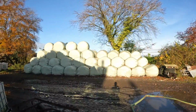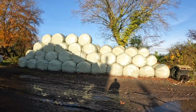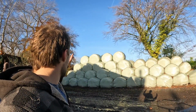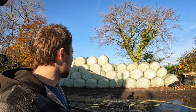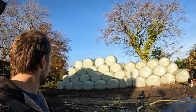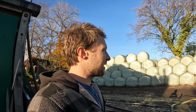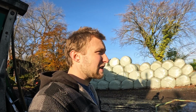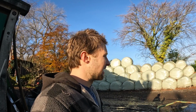If you were wondering, yeah, this is my stack of first cut bales, which are mostly green wrap. I've used a whole row out the top. Well, I've used the whole row basically, yeah, out of them already. And that's lovely dry stuff, really nice quality stuff. And then my other pile, which is down where I built that new road, they're all black wrap. And my second cut, and I've probably got, now with what I've used out of here, about twice as much second cut as I've got first cut left. So it's all very similar. There'll be the odd dry bale in it, but it's